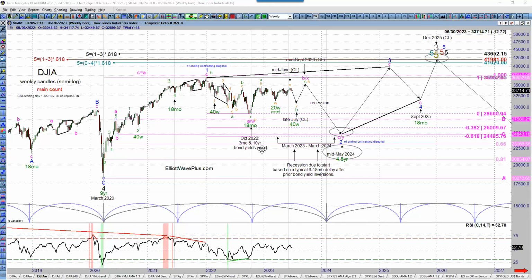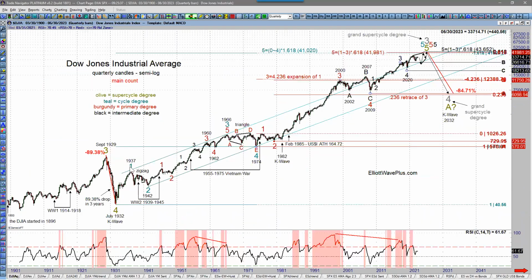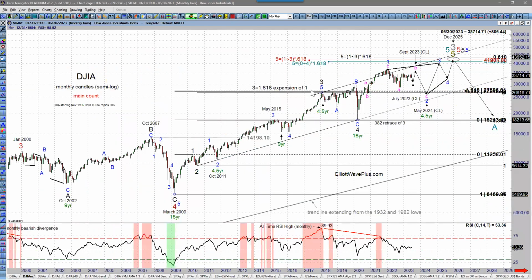So once again, on the Dow Jones Industrial Average, moving back to the weekly chart, to summarize, going back, we have Fibonacci targets in the Dow that had not been reached that are higher. We have the initial move off of the March of 2020 low as an ABC zigzag. That would not be what would happen into a major peak. You need a 5, and the fact that it's an ABC zigzag indicates that is likely wave 1 in blue